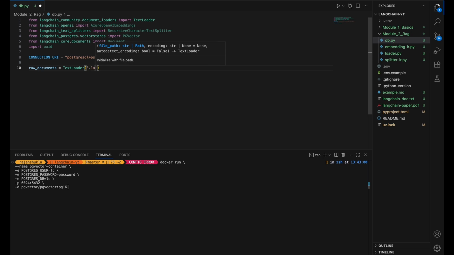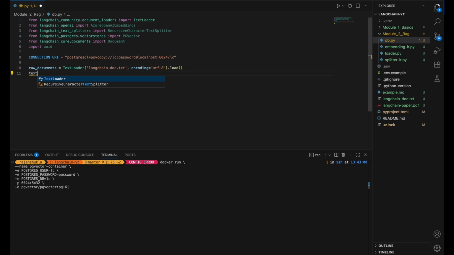So now let's do one thing. Let's load the raw document from text loader that we have learned about in the second episode of this series, and let's bring this document. Let me copy the relative path, and that's how it's done. So now we also need to specify, just in case, the encoding,